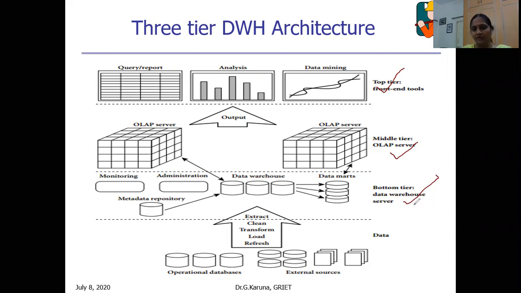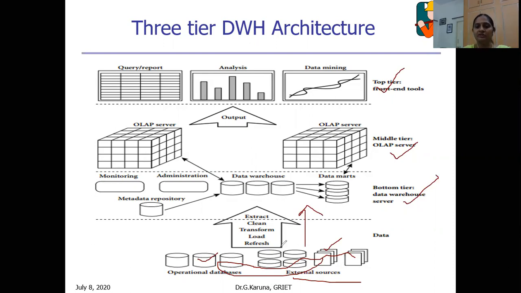The bottom layer is simply the data warehouse server. It is very similar to a database server, where many tools and utilities are used to fetch data from the operational databases, external sources, or flat files. So from all these different kinds of data sources, the data is fetched into the data warehouse server by using various tools and utilities.